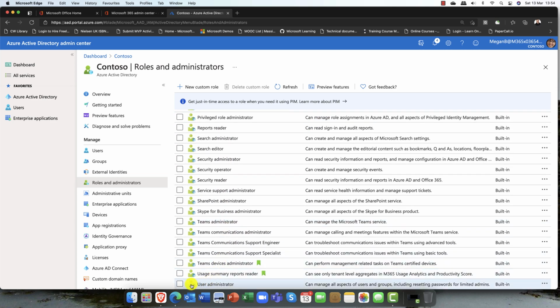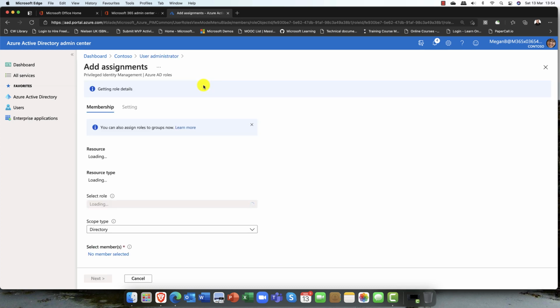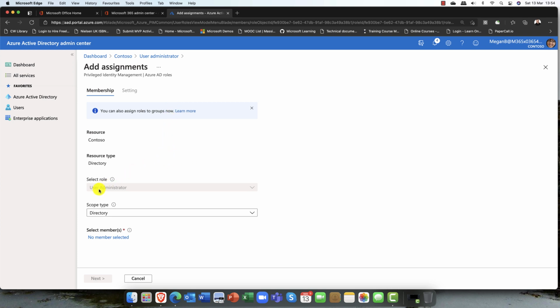So what I'm going to do is come down to my user admin role, and I click into the role, and at the moment you can see that I've not assigned anybody access to this particular role. So unlike the 365 portal, I'm going to go in and add an assignment. And when I come in here, it says, okay, the scope. Now, by default, it says, do you want them to have access to the entire directory? Now, we have a new feature in 365 Admin Center, and it's called